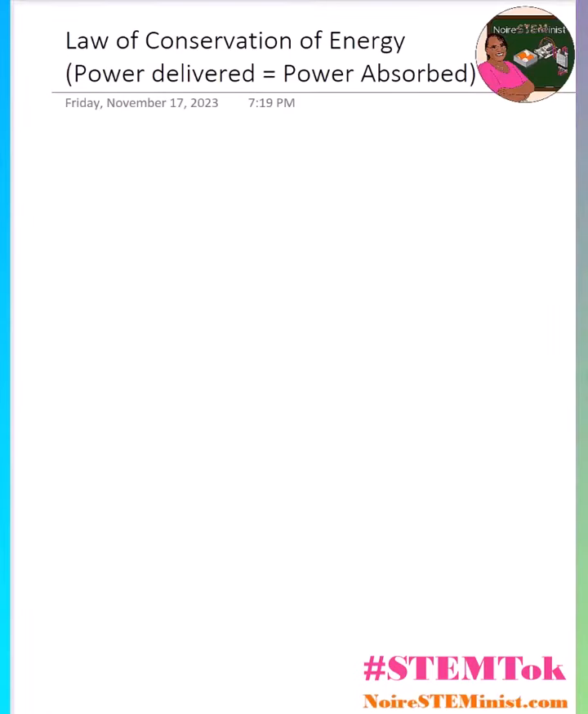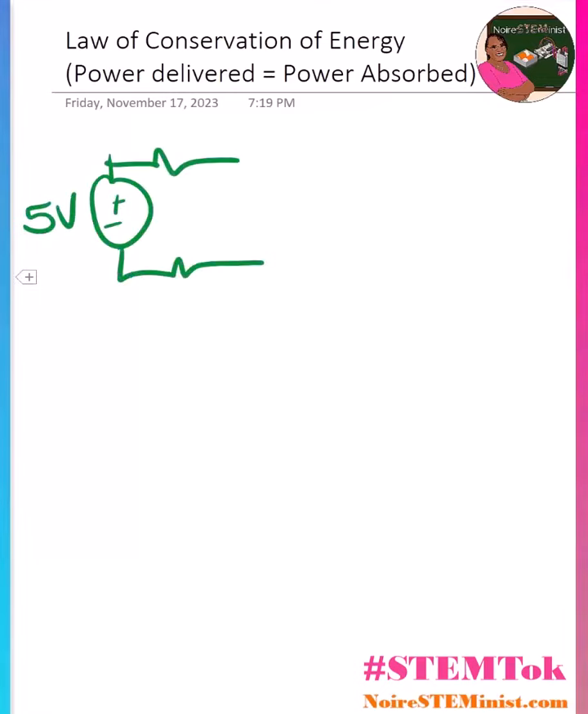The law of conservation of energy says that energy can neither be created nor destroyed, only transferred. The way that we demonstrate this with circuit analysis is that power delivered equals power absorbed. So today I want to give you an example of how I analyze a circuit to prove the law of